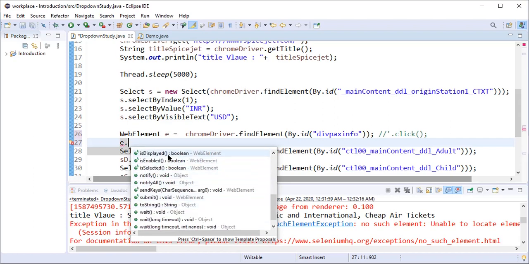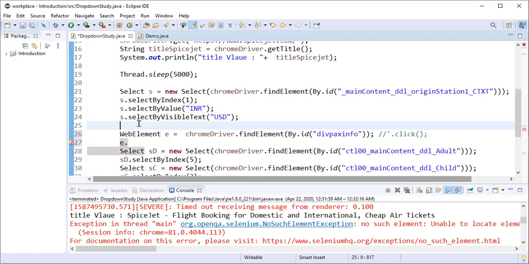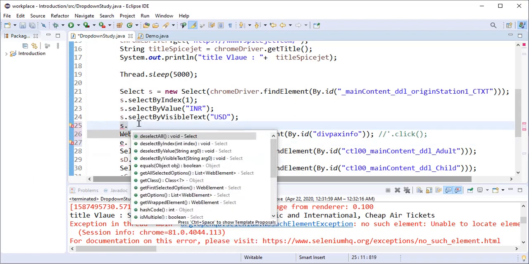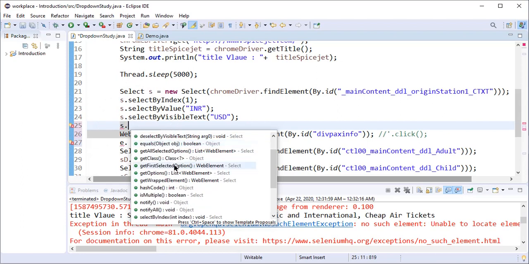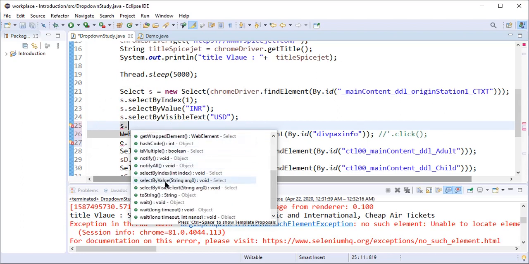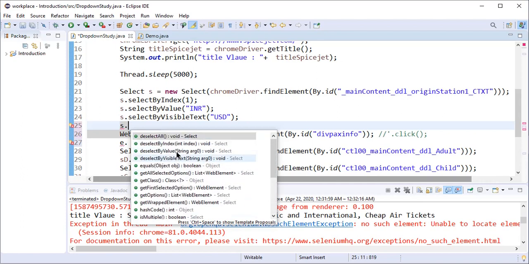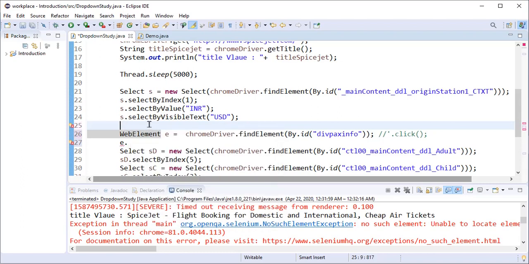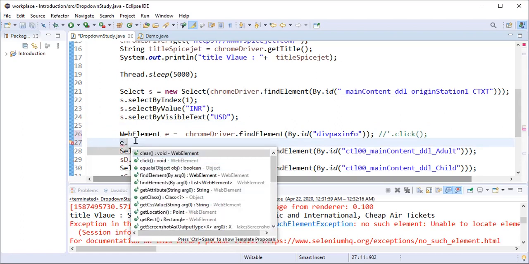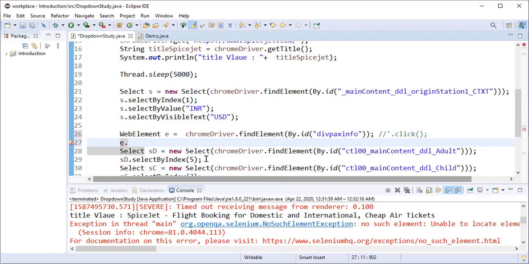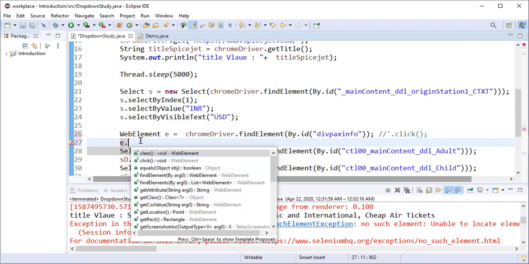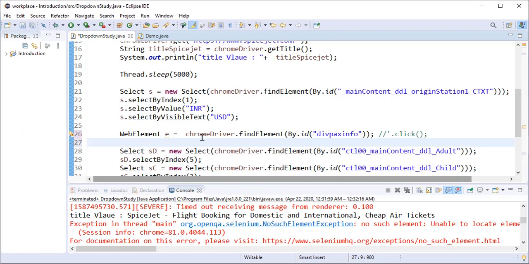Okay, so we can select the similar kind with the s also. Sorry, so we have different methods. These three we have used over here. So to string we can use, is multiple selected, all these things we can see over here. Okay, so once you click on dot and click on control plus, so e then dot, it will show all this. Suppose it is not showing, then you can just click on control plus, so this pop-up will be coming. Okay, so I will just do undo over here.